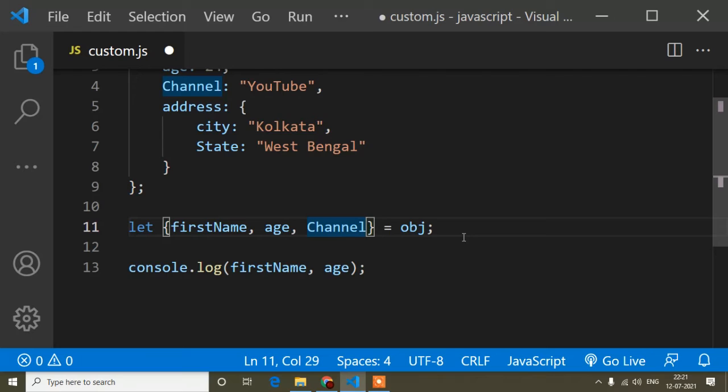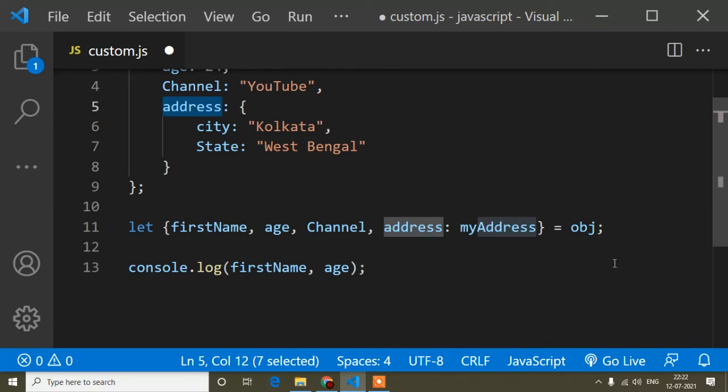The same way. First I will show how to create an instance. I have to create an instance for this address: address, colon, and the instance of this address. Here I will write my address as the instance. Now my address is the instance of this address. If I want to get this city, how can I do that?